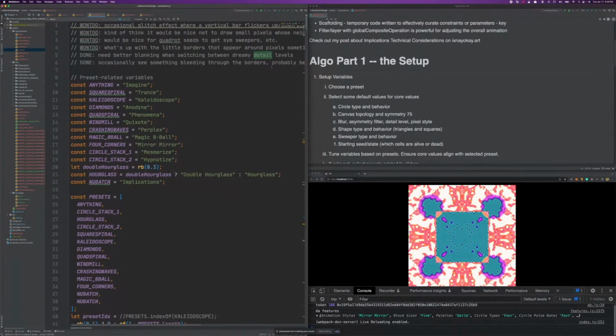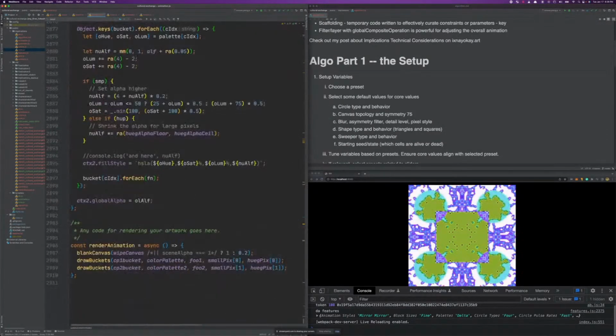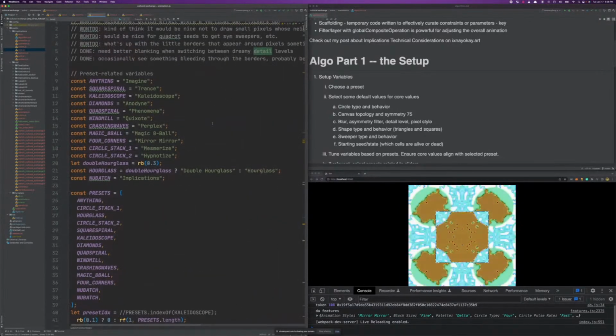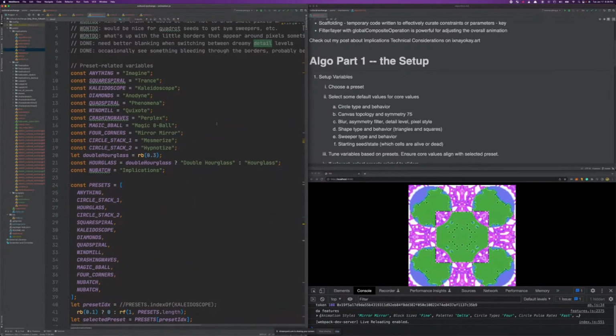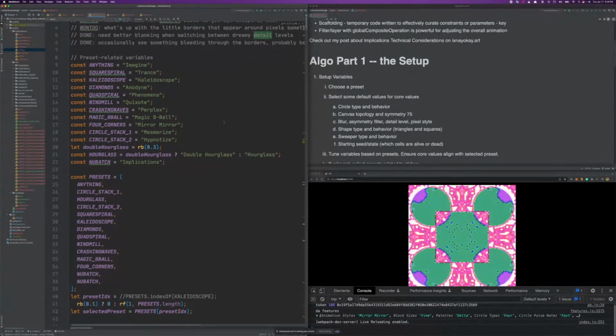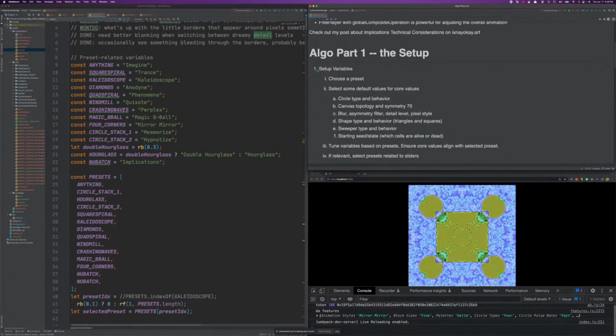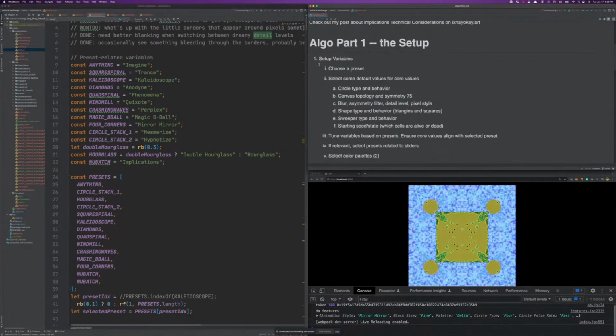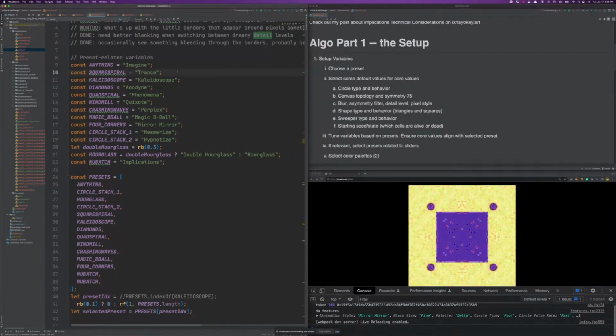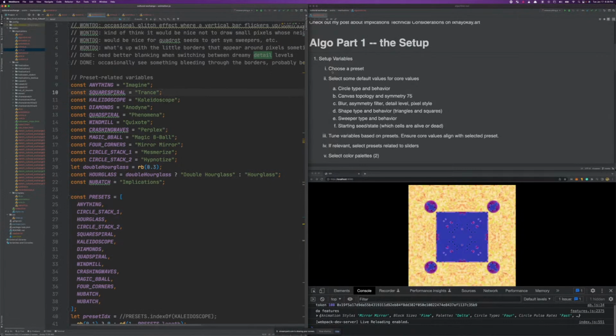This is a very long file. I think it's 3,000 lines long. So you're going to get the Cliff Notes version here. Going through the algorithm, I'm going to do these in parallel. Over here on the right, the first main section, as in a lot of generative art projects, I assume, is setting up the variables for the particular output. So the first thing I do,